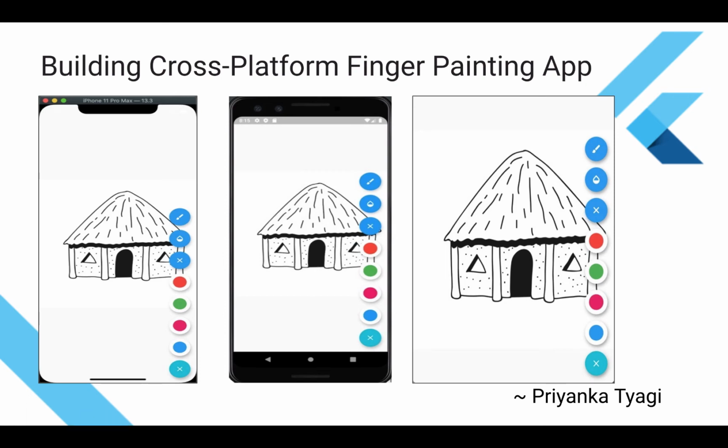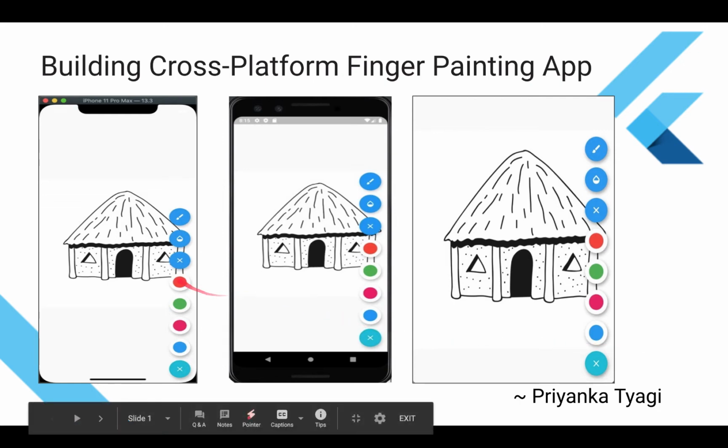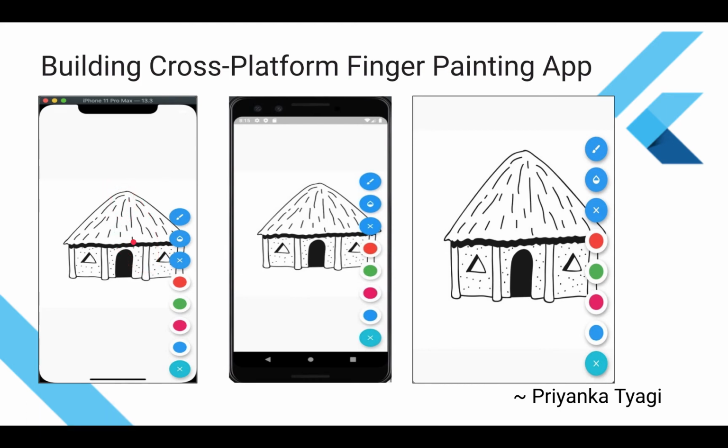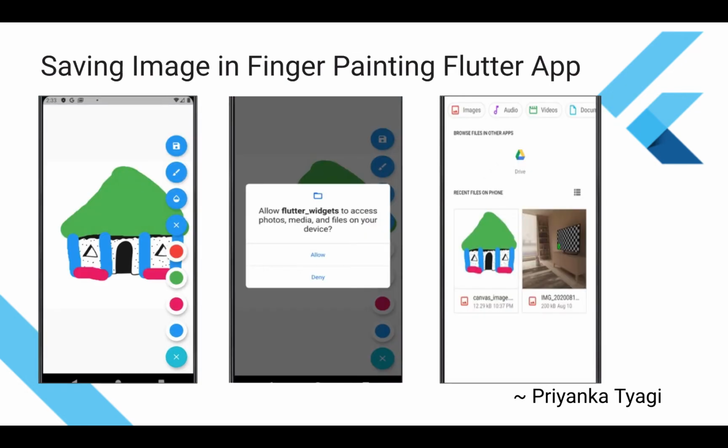A while ago, we built a cross-platform finger painting app with a bunch of options to be able to paint on this background image. So I've been asked by some friends out there how to save this image, for example, in the image gallery. So in today's video, we'll be seeing how to save this image into the gallery or on our device. So here the first thing is we will work on adding the save icon here,